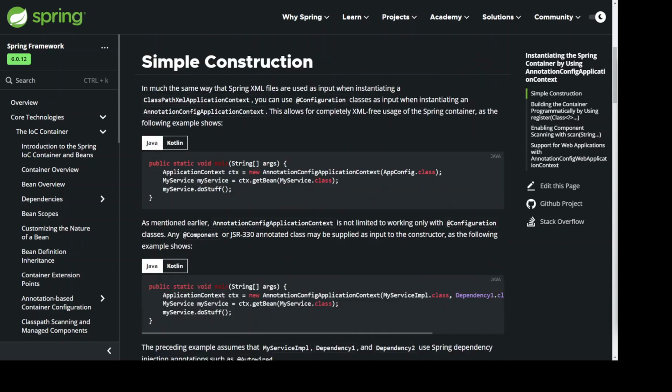Simple construction. In much the same way that Spring XML files are used as input when instantiating a ClassPathXmlApplicationContext, you can use @Configuration classes as input when instantiating an AnnotationConfigApplicationContext. This allows for completely XML-free usage of the Spring container, as the following example shows. public static void main(String[] args) { ApplicationContext ctx = new AnnotationConfigApplicationContext(AppConfig.class); MyService myService = ctx.getBean(MyService.class); myService.doStuff(); }